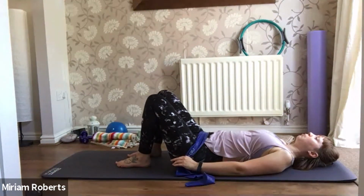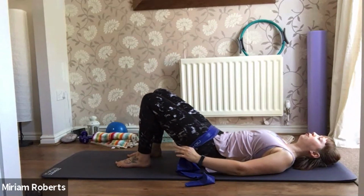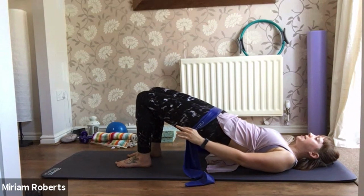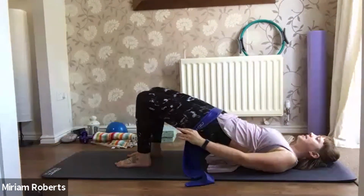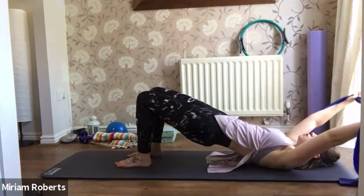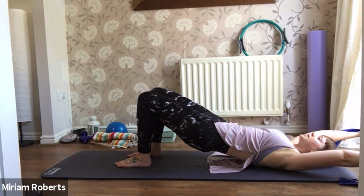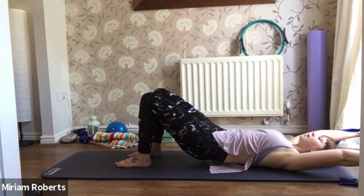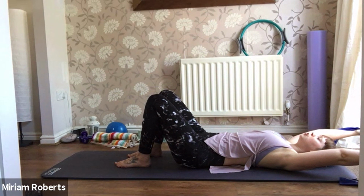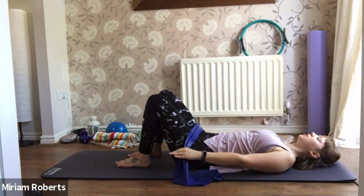So again, let's take a breath in, breathing out, gently tilt through the pelvis, again peeling yourself off the floor. So let the arms just come with you slightly as you're holding onto the band. Find the height, stand into the feet. Now take a breath in as you lift and float the arms over the head, holding onto the band, and then breathing out as you work down through the spine, through the back of the rib cage, working it down, pelvis back to neutral, and then breathing in to float the band back down across the front of the hips,